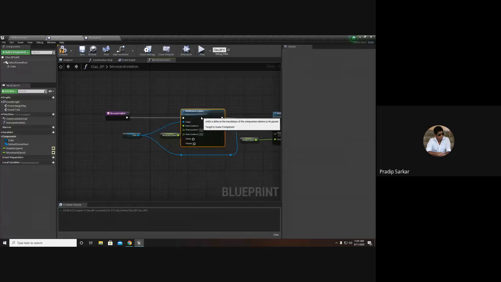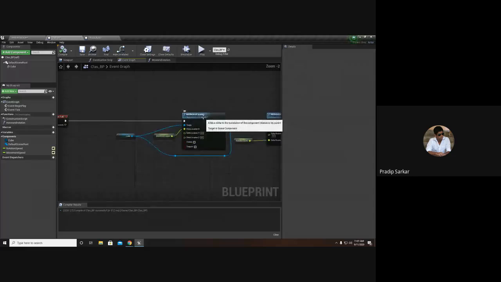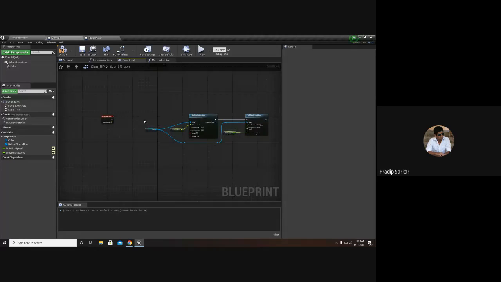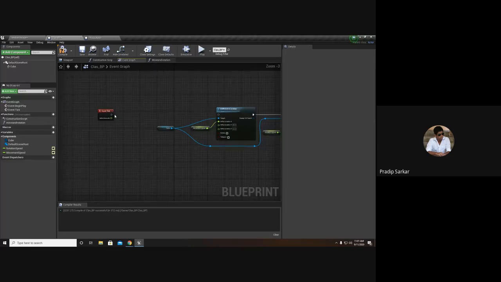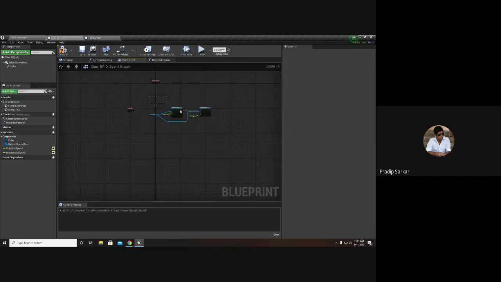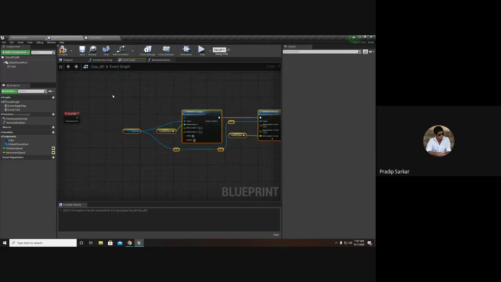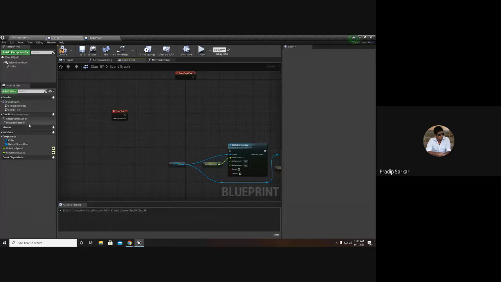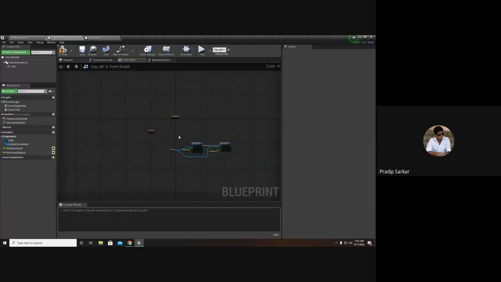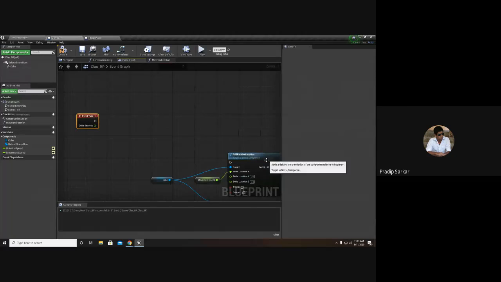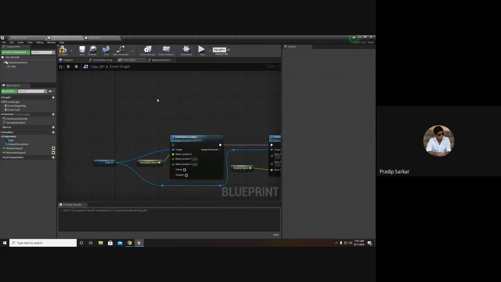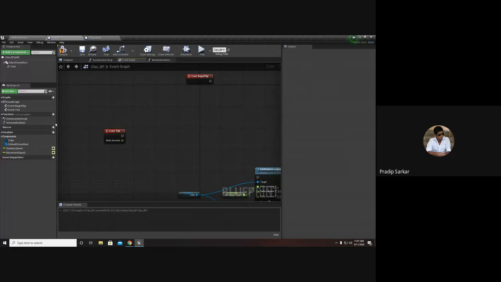Now that I have created that function, instead of calling these two things, I can call the function, and it will do the same as it was doing earlier. This time, instead of giving a connection from event tick to these two nodes, I will give a connection to my function.